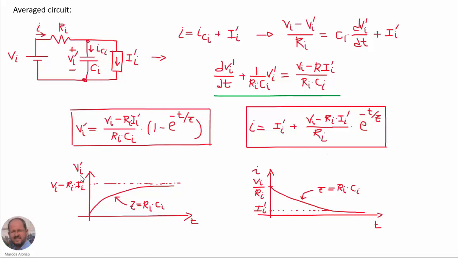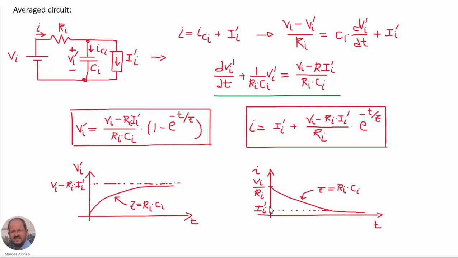We can see that the input voltage is going to follow an exponential evolution until the final value, which is the input voltage minus the voltage drop across the input resistance. And the input current starts from a given initial value, Vi over Ri, and then goes exponentially until reaching the final value, which is equal to the average